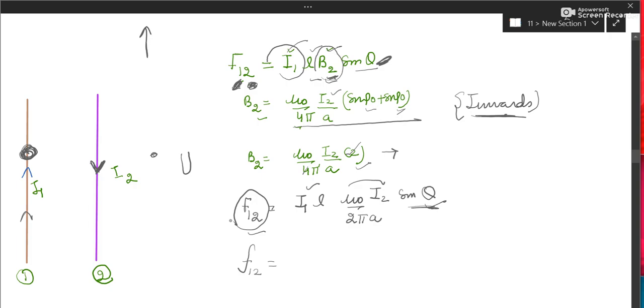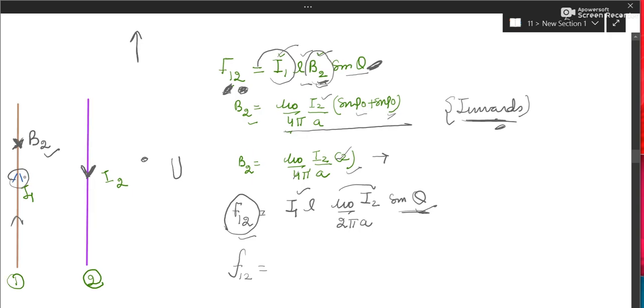So we'll come here once again. We know it is inwards. So please put a cross here. Whose cross is this? This is B2. B2 is towards floor. So first finger towards floor of left hand. Current is this arrow. So please everyone do this. Second finger should be along this arrow. First finger should be towards the roof.